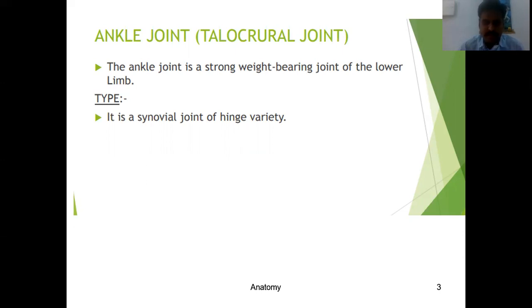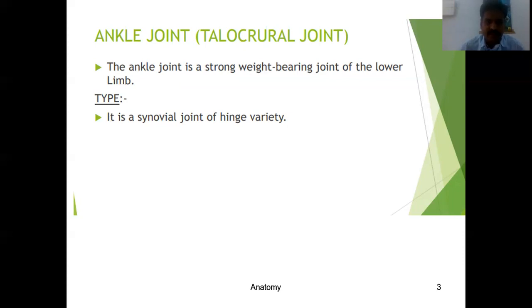Of course, the weight is distributed equally at the ankle joint. Suppose 50 lbs weight is transmitted over the ankle joint, it is distributed into 25 lbs over the forefoot and 25 lbs over the hind foot. So that is how the weight is reduced from above downwards by these joints, mainly the hip joint. Then comes the ankle joint. At the ankle joint, it is again distributed to the forefoot and hind foot. So that is the significance of the ankle joint.